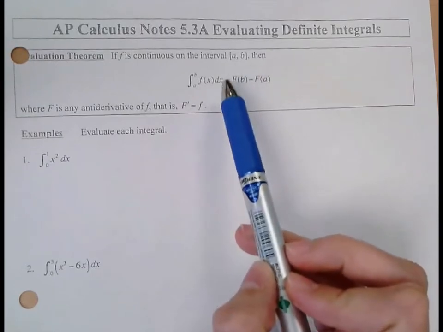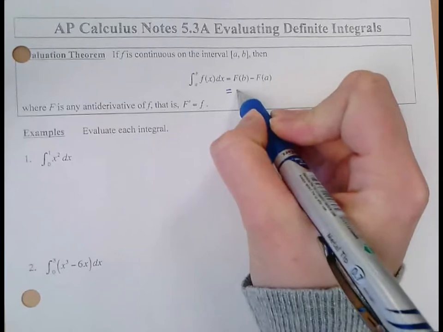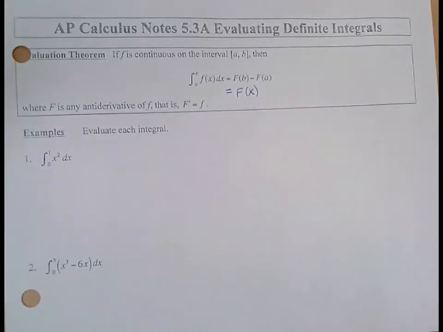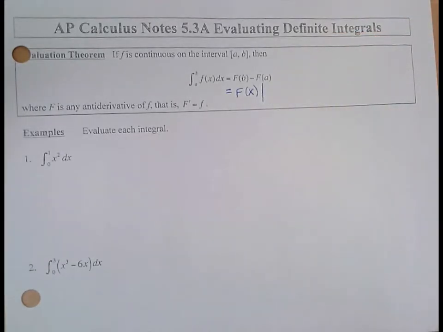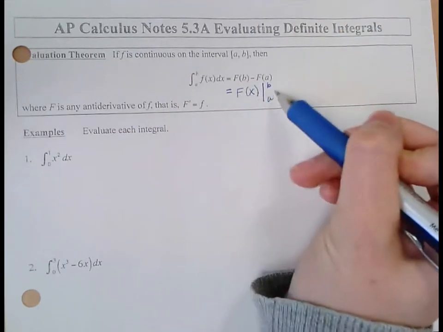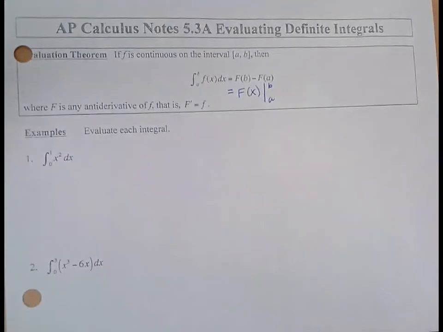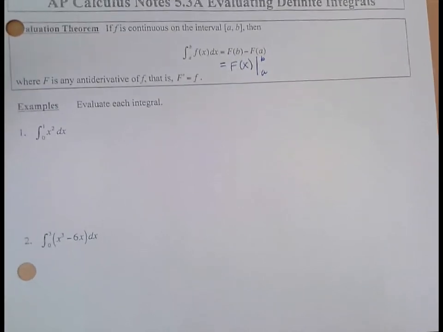So another way to write this is to find capital F of x, find what the antiderivative would be of little f of x. And then I usually write it just with a vertical line, so evaluating F of x from a to b. So that notation, this really means what's above. You're substituting in b, substituting in a, subtracting the two values, and that'll give you the exact value of your integral. So just looking at some examples,